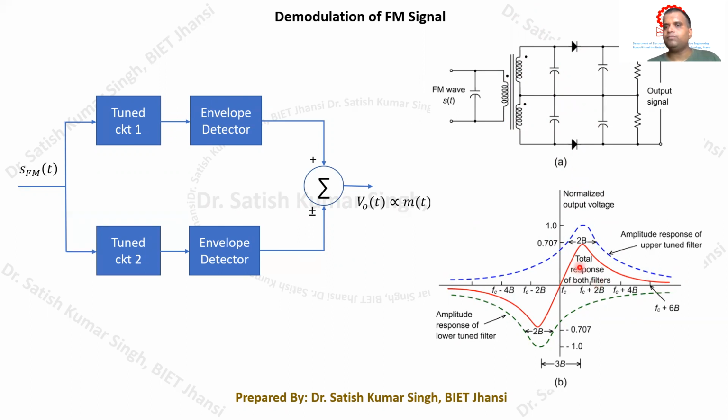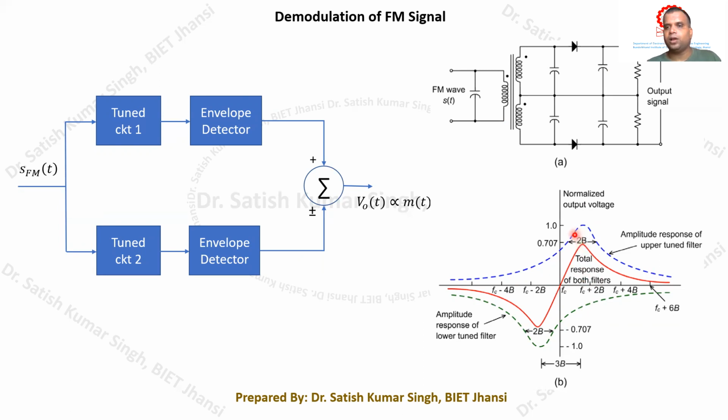Here you can find that at this particular point, the magnitude equals 1, and here we are going to get a certain magnitude. So when we add these two together, this is having a positive magnitude and here it is having a negative magnitude, then the response that we are going to get is equal to this, which is equal to 0.707.